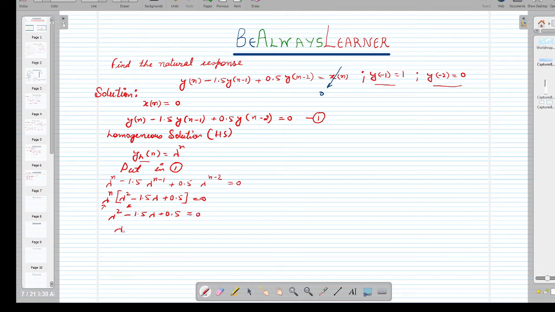इसको सॉल्व करेंगे तो हमारे पास टर्म आएगी सॉल्व करने के बाद (lambda minus 1) and (lambda minus 0.5) is equal to 0. For that we can write lambda 1 is equal to 1 and lambda 2 is equal to 0.5. So it means we are having two distinct roots. अगर हम इस इक्वेशन की बात करते हैं उसके बाद जो हमारा प्रपोज सॉल्यूशन होगा that solution will be the general form solution,